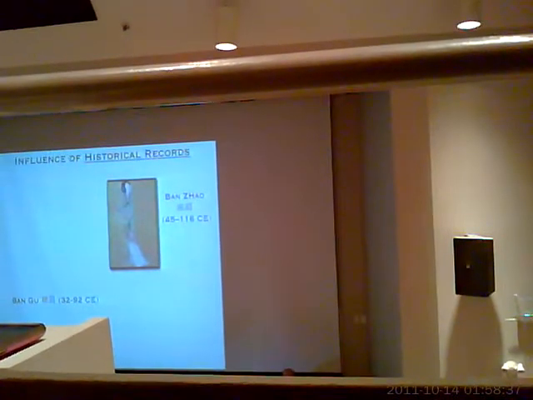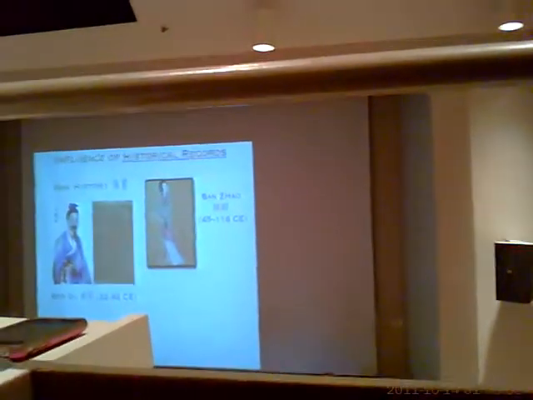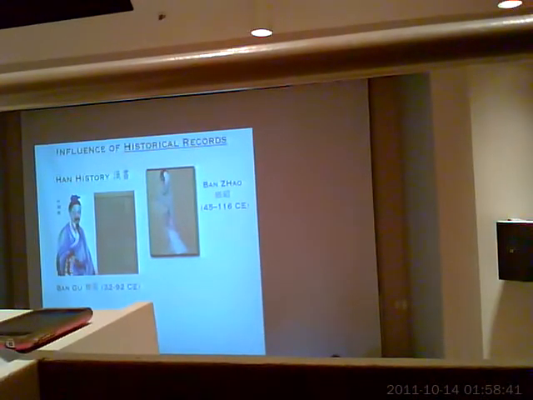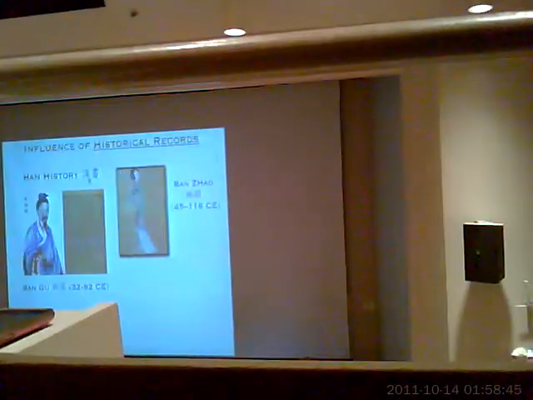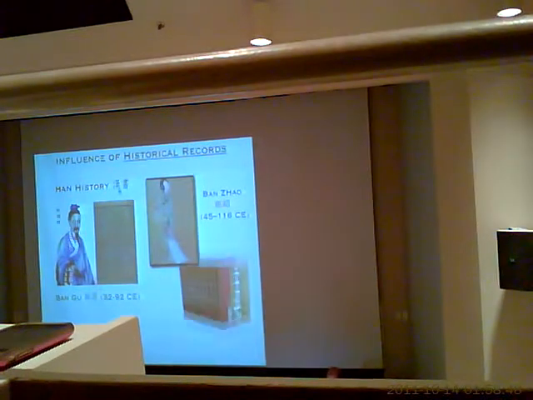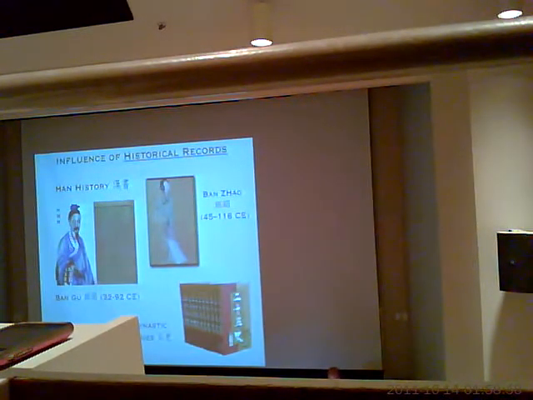So I can't overstate the importance of historical records. But the most immediate influence was it provided a model for a man named Bang Gu to write a history called the Han Hu, Han history. And the difference between this one and Sima-Tian's historical records is that Sima-Tian's has the history of multiple dynasties from the very beginning of time and the mythical sage emperors up to the Han dynasty.